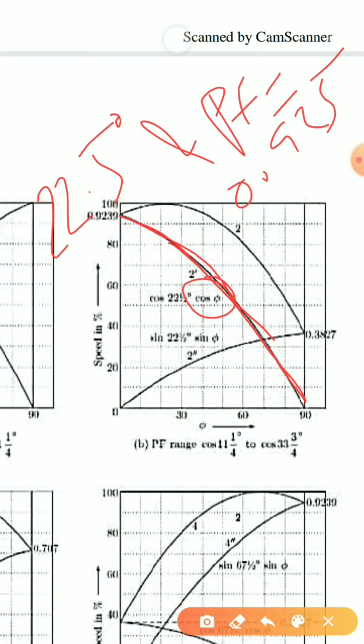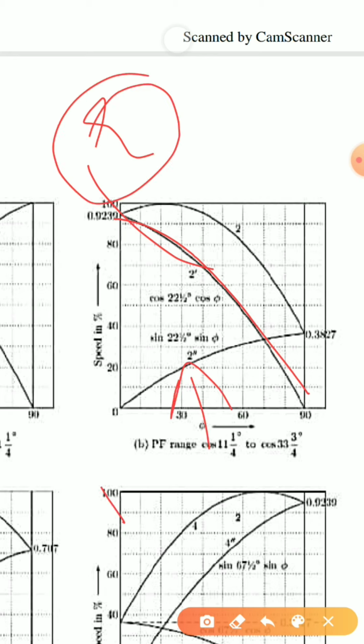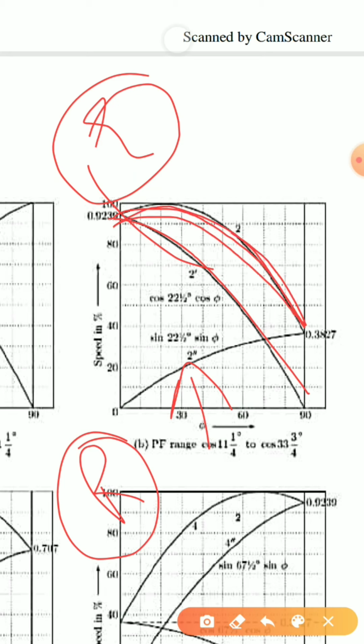These are the readings because of my energy meter, and these are the readings because of my reactive meter. Now it is a summator. Summator means it will sum both the values, the rotations of the energy meter and the reactive meter, and this is the final graph that I will get when the second gear is engaged.